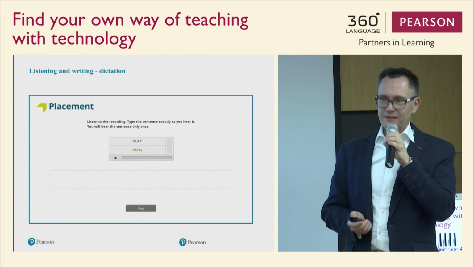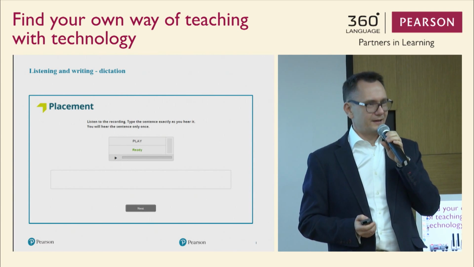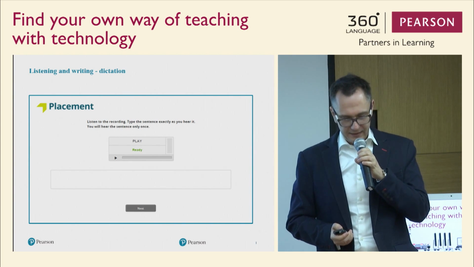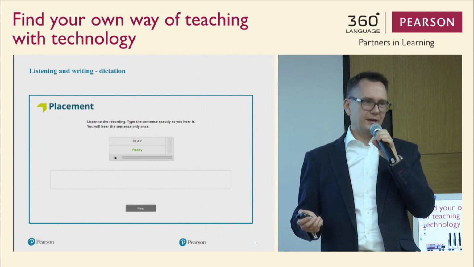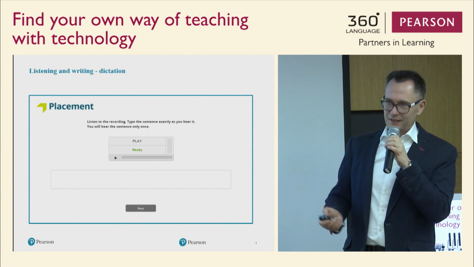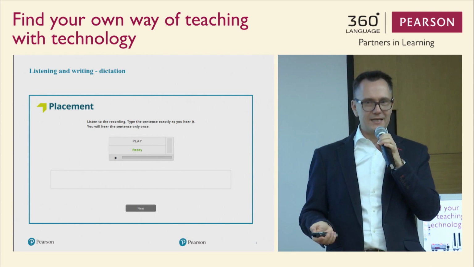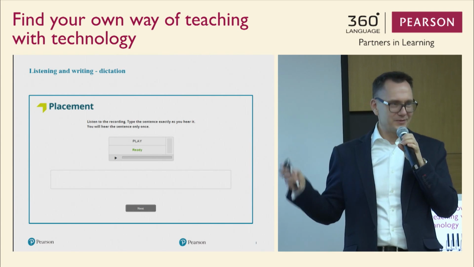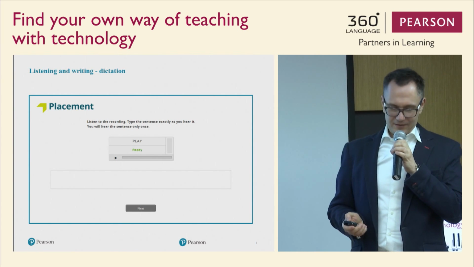There's another task that you can see on the screen at the moment, and this, as you see, is a listening task. You are supposed to listen to the recording and then type the sentence exactly as you hear it, which you may think is easy if your level of English is really advanced, but if someone's level of English is much lower, it is not easy. If you ask me to write down a sentence that you say in Russian, I would probably run away. Okay, so that's another task that we have.